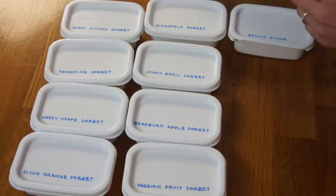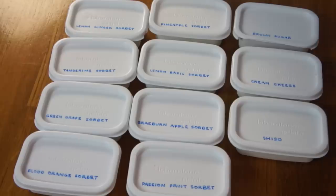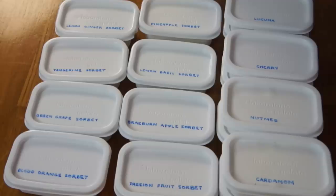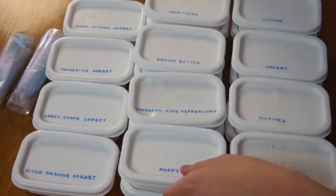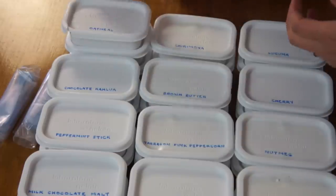Now we have brown sugar. Cream cheese. Oh, I'm curious about that. Shiso. Sage. What is lucuma? Oh, I have no idea what lucuma is. Cherry. Nutmeg. Cardamom. We have a whole spice section now. Cherimoya. Brown butter. Oh, I got some spoons here. Tarragon. Pink peppercorn. Poppy. Caramel, chocolate Kahlua, Peppermint Stick, yes, my favorite, milk chocolate malt, oatmeal,